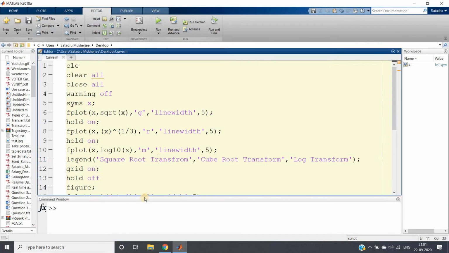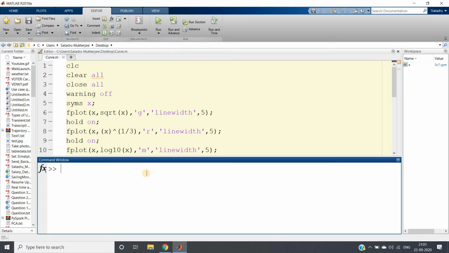Let me just show you. If I just write log 10 of minus 5, what will I get? I'll get a complex number. Actually it does not exist, right? If I write log 10 of 0, I'll get minus infinity. So basically it works neither for 0 nor for negative numbers, only for positive numbers. So this is the biggest disadvantage of our log transformation, although it is one of the strongest ones, right?